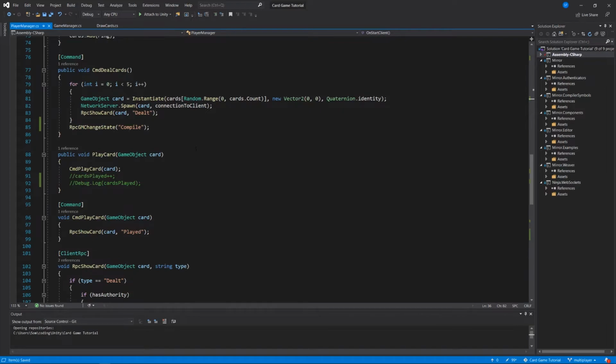We have this public void play card that is called when a card is played. And the fun thing about this is we're going to start to get into what the actual abilities of those cards are when they're played. We're not going to do that right now just because we have other things to do before we get there,